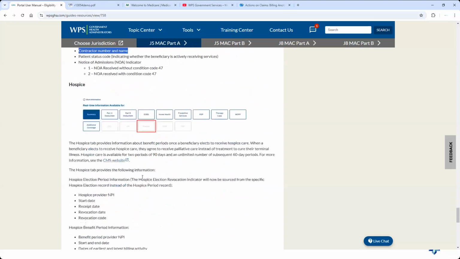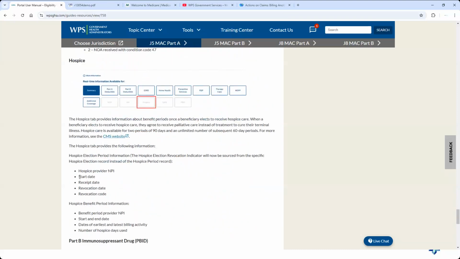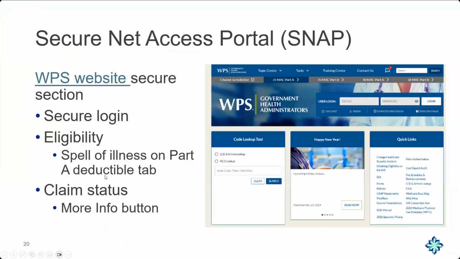I'm going to scroll down again, and you can see here again, we've got the hospice. Unfortunately, we don't give you quite as much information on the hospice one. We do give you their NPI, and you will have to look that up on your own. But it does give you a variety of pieces of information to help you out. Now you say, why doesn't it give me the same information, or why can't I get as much? Look, I can only give you what CMS gives me, and that's what they give me in their eligibility file. So therefore that's what you get. So hopefully that makes sense to everybody, and that is our portal. Okay. Portal.